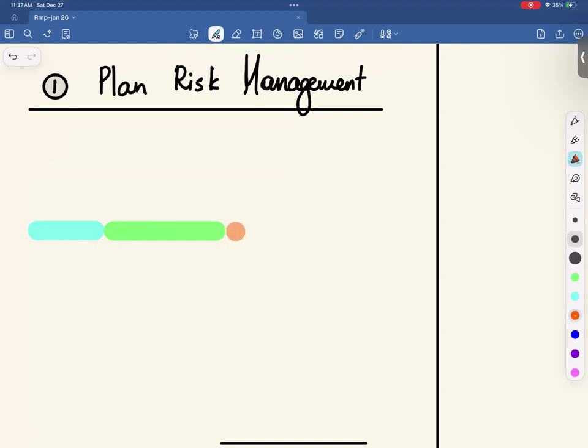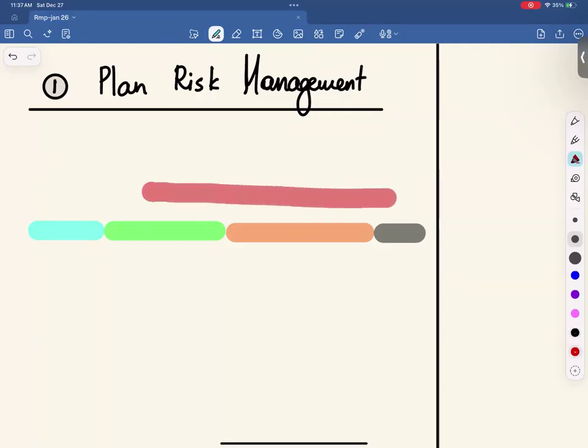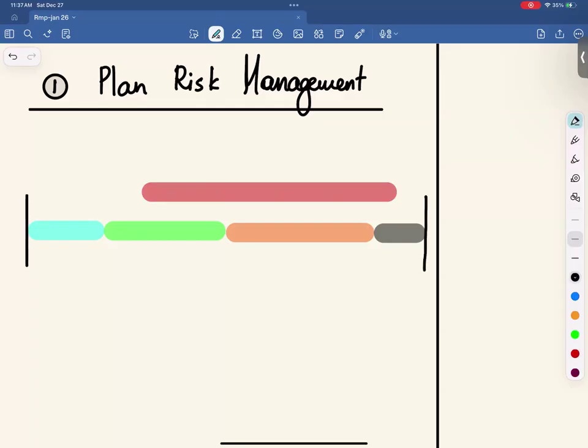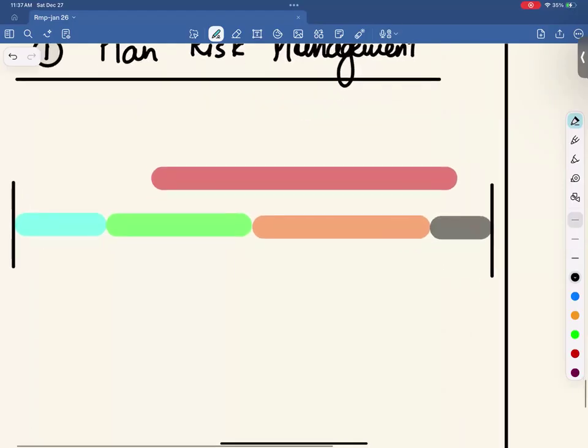Then we have execution. Last one is closure. And on top of that, we have monitoring and controlling. So this is your project management life cycle. So there are 5 different stages of project life cycle. So first one is project initiation,